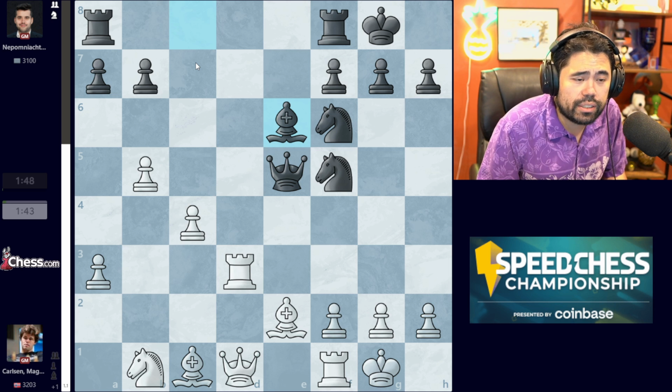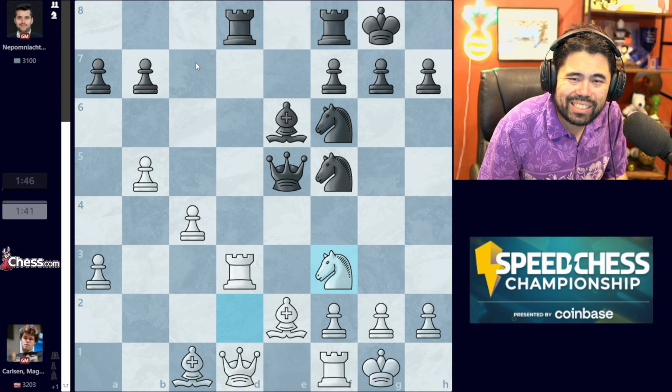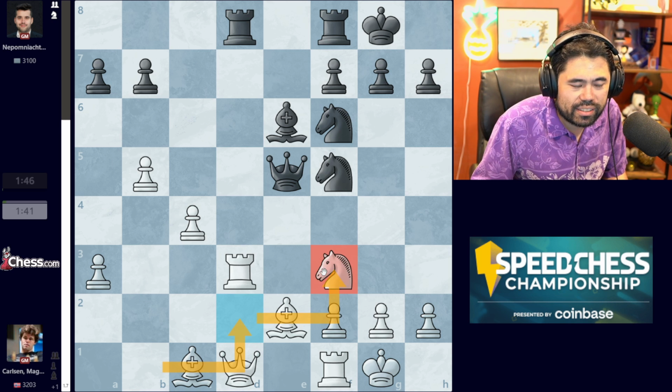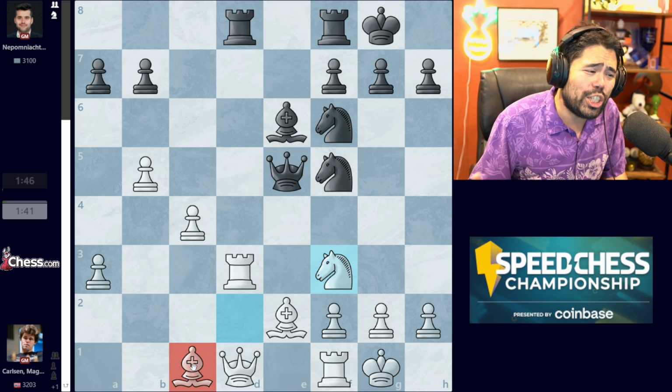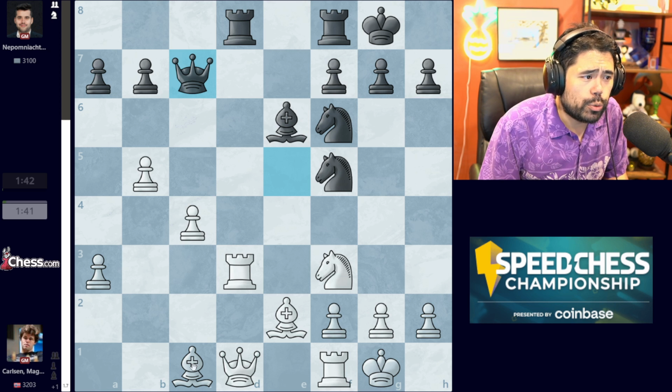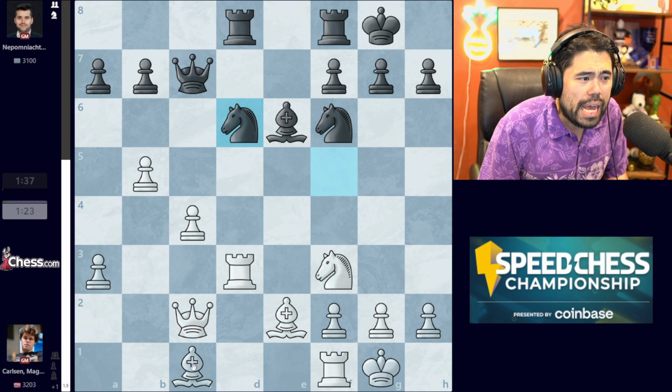So we get bishop to e6. Magnus plays knight d2. We get the move rook to d8. Magnus plays knight to f3, bringing his knight to the center of the board immediately, and there's only one piece left to be developed, which is this bishop on c1. So we get queen to c7 played here by Nepo, and now Magnus plays queen c2,